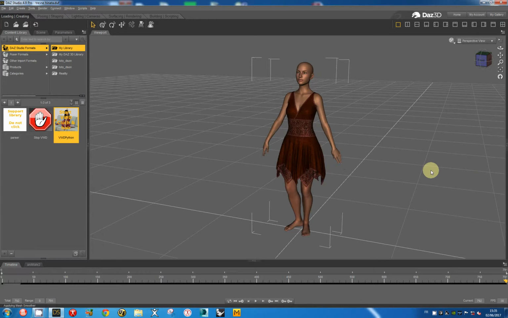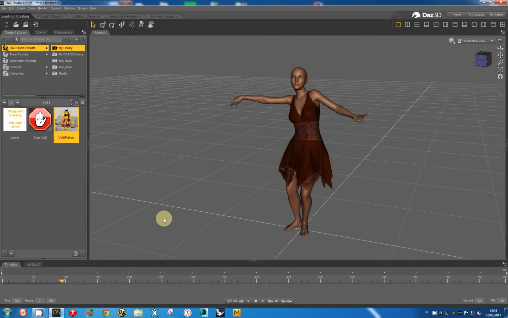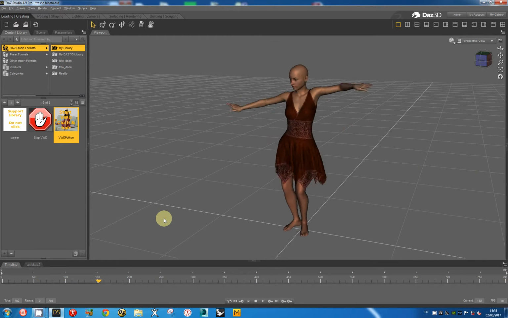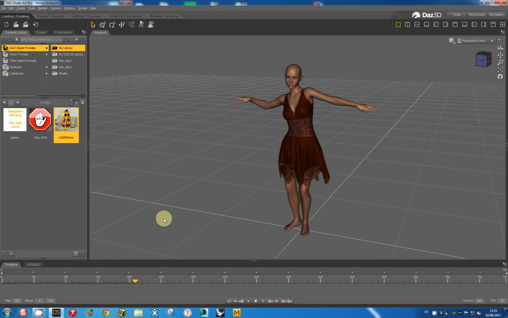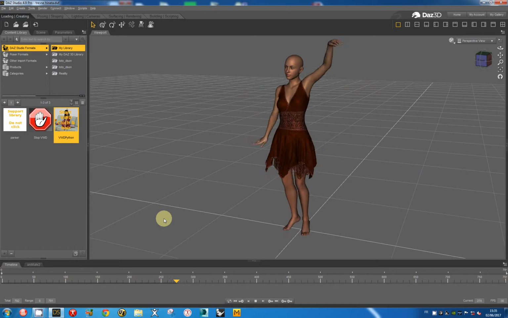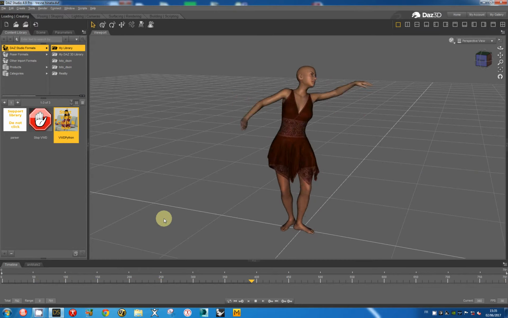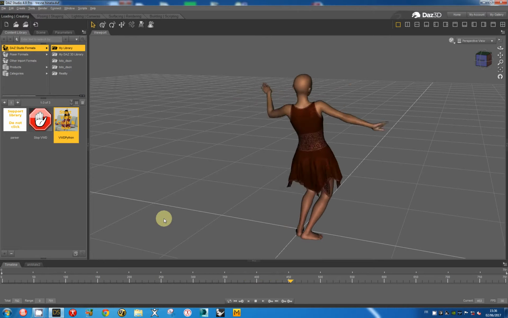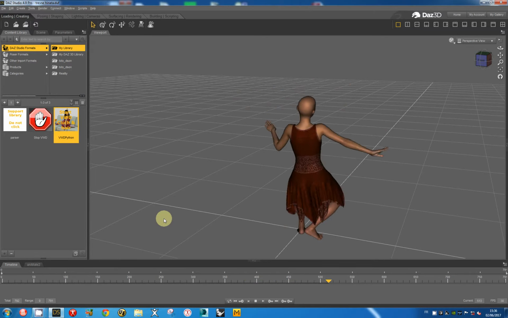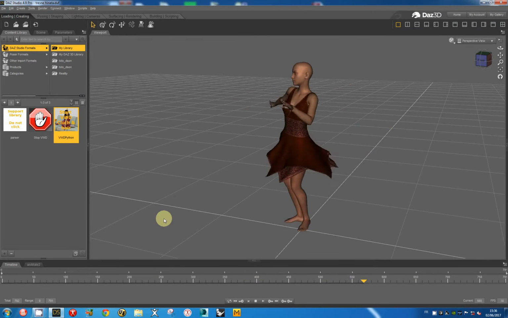We will see the final simulation. We can see there is no penetration between the two layers, and this method is really the best one to make this simulation.